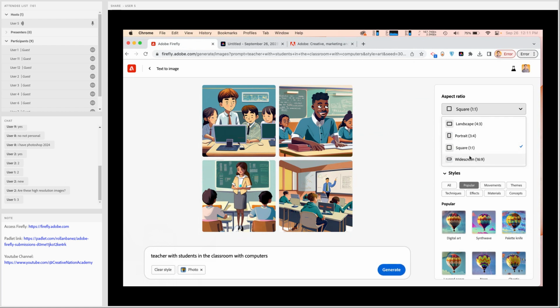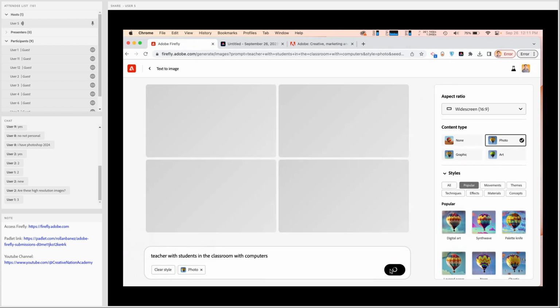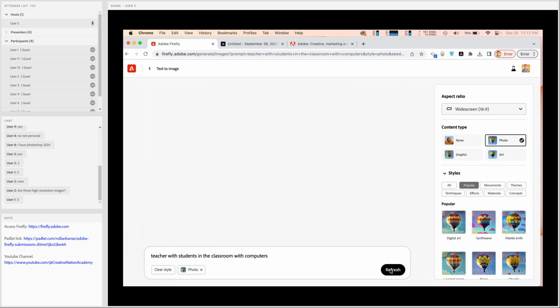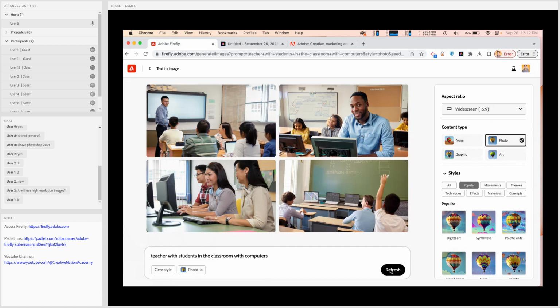Let's say if you want, I could do a widescreen version of this, and I can easily click on generate. Let's wait for a few seconds for it to generate.